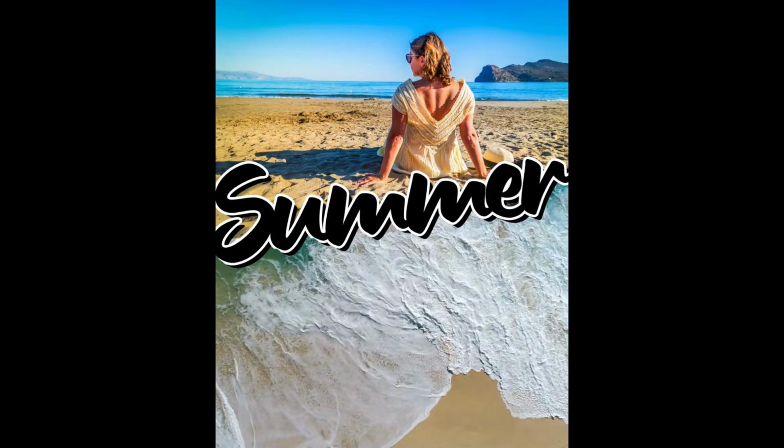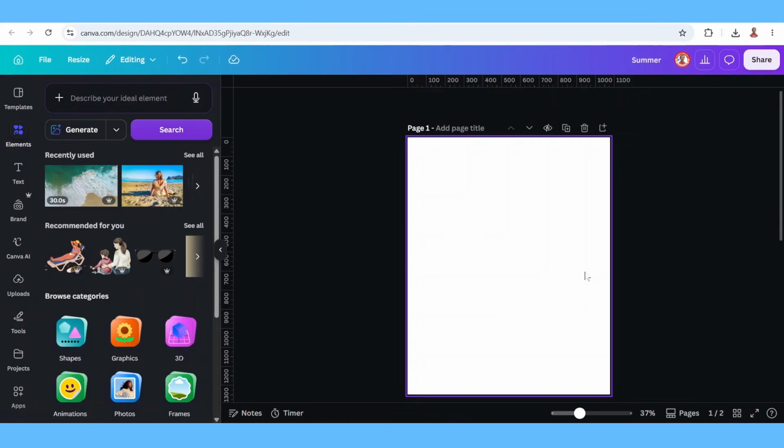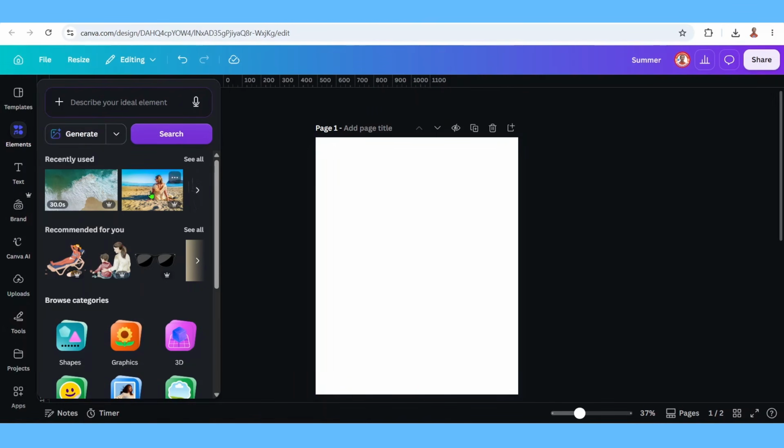This split text effect is popular in Canva. I made a tutorial more than 3 years ago, but today I will use a new way to create it. Let's start. Open a new project in Canva and then go to Element, add a picture, move it to